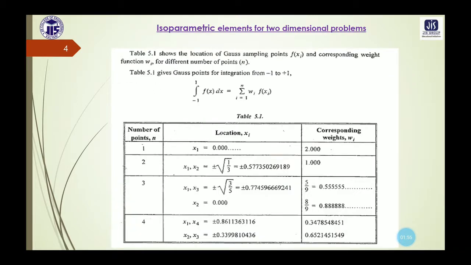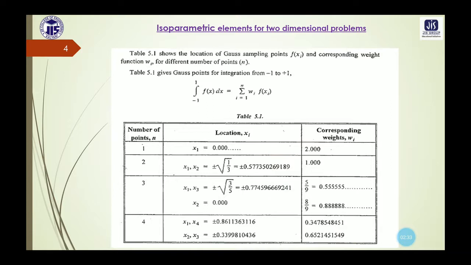So we will start from this slide, which was discussed earlier while discussing the Gaussian quadrature. We have seen the formula for this Gaussian quadrature. It is the integral from -1 to 1 of f(x) dx. This is the integral that we need to find, and for that the formula that we will use is the summation from i equals 1 to n of w_i f(x_i). Now how do we determine these values of w_i and f(x_i)? What are these?